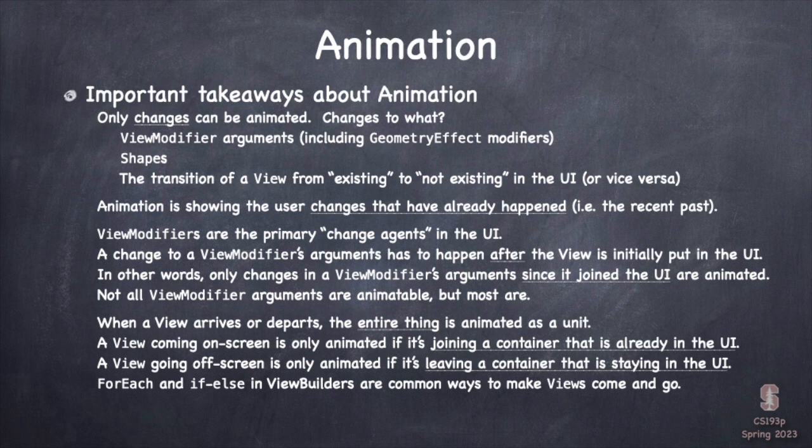How do they come on screen or leave? Mostly if else is in view builders, right? You have if this is true, then show this view, else show this other view. Well, as that if changes, one view is coming and the other view is going, right? It's appearing, disappearing. Also, ForEach is a sneaky way for views to come and go, because ForEach is like taking an array of things and building a view for each of them. Well, if you take something out of the array, it's going to take the view out that goes with it. So that's a way for a view to go away or to come back in if you add it back to the array. This is the primary way that views come and go: if, else, or switch statements inside of a view builder, and ForEach.